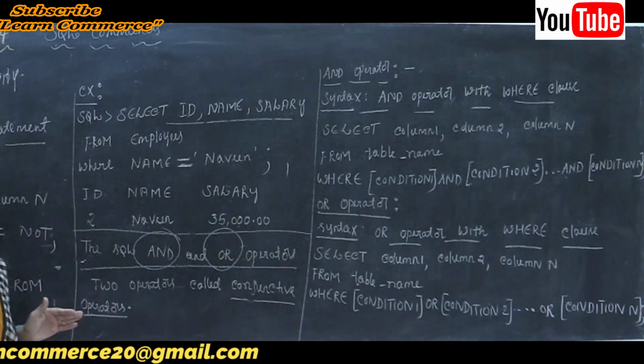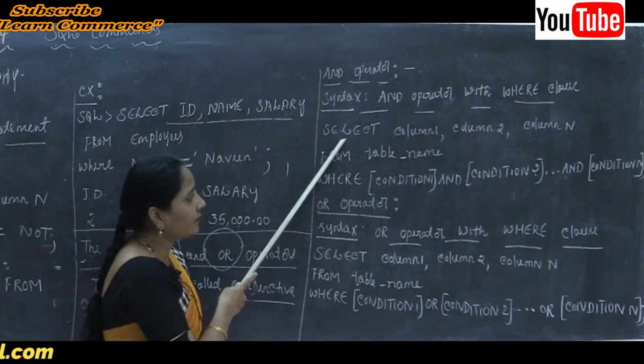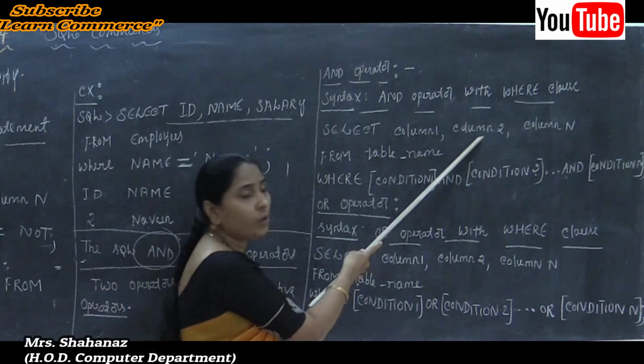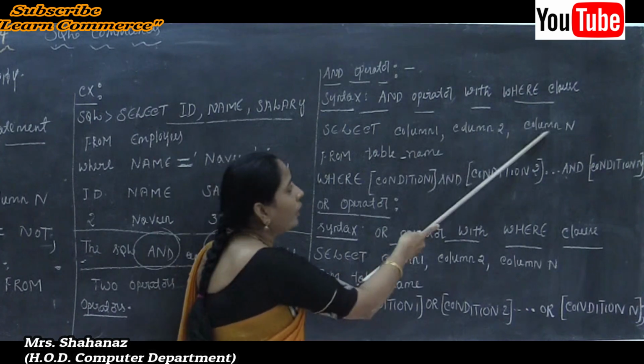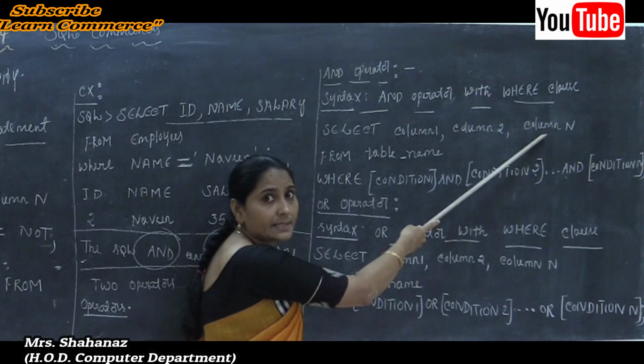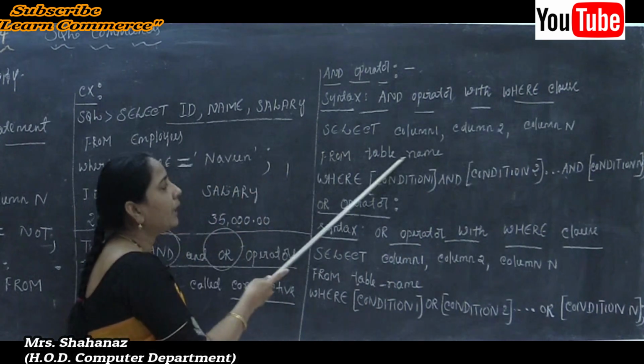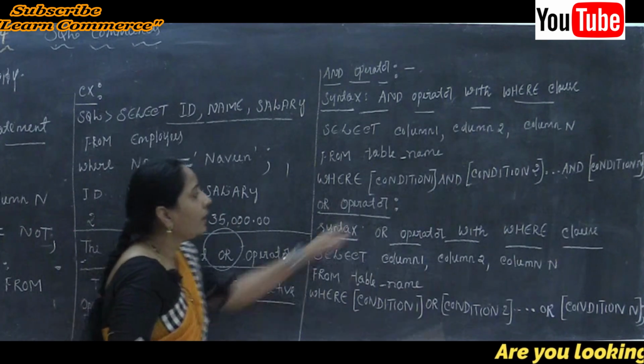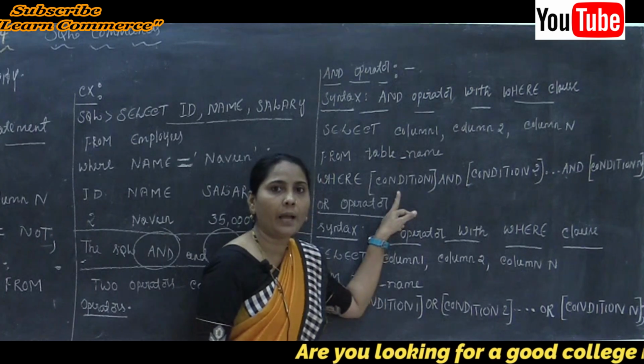The condition is the about. Now select column 1, that is ID. Column 2 is the name. Column N I am using as a salary. From table_name, the table name is the employees. Where condition 1, the condition 1 I am using as the